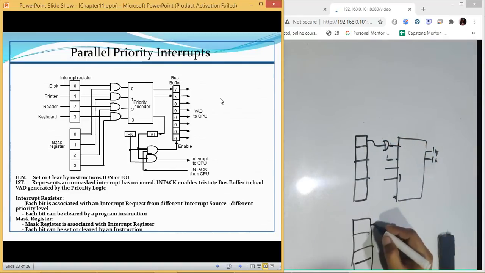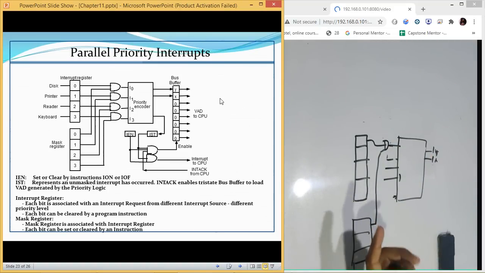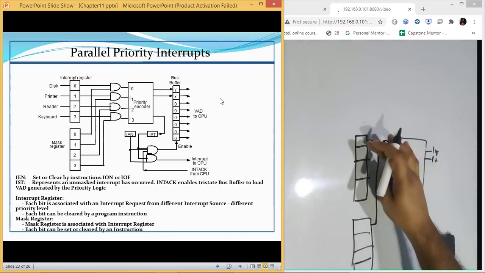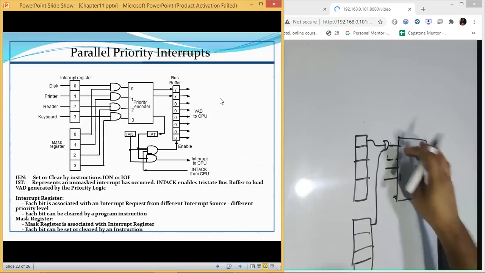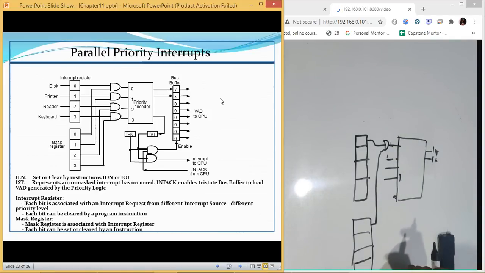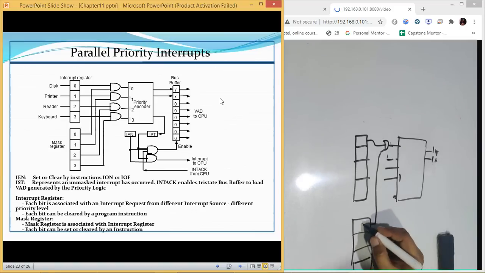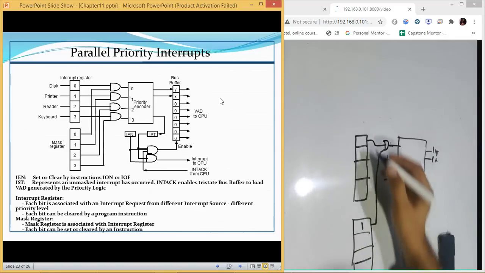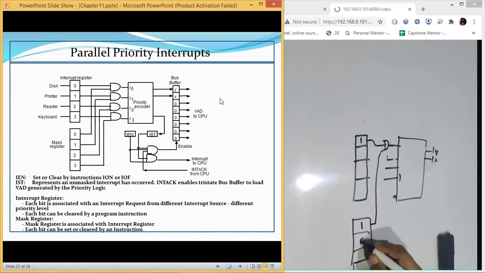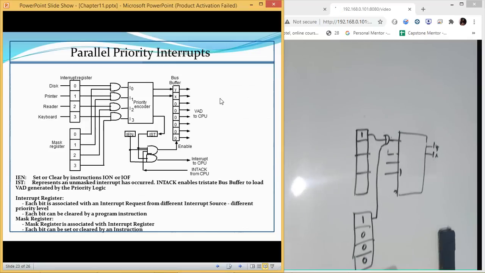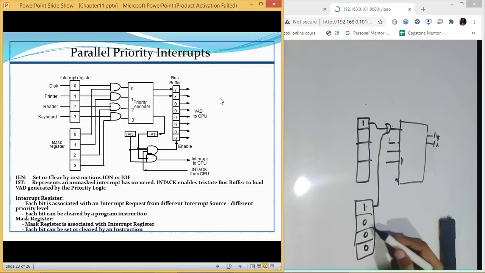First bit of this and first bit of this, so we get an AND gate at this place. This AND gate is going to restrict the values which are going into the encoder. So if we want that nobody should be able to interrupt the CPU when the disk is processing, what we will do is make this value like this, 1000.